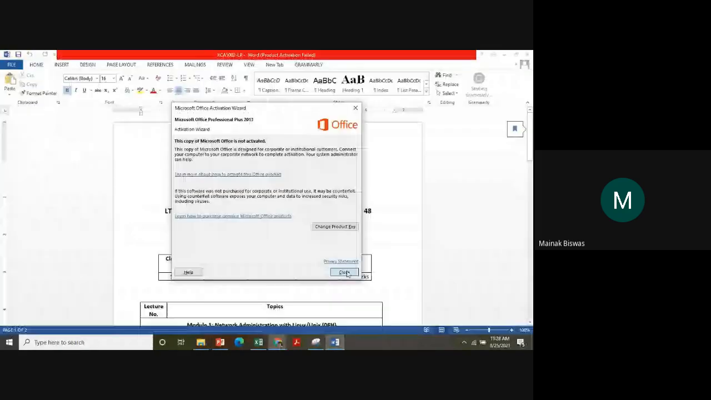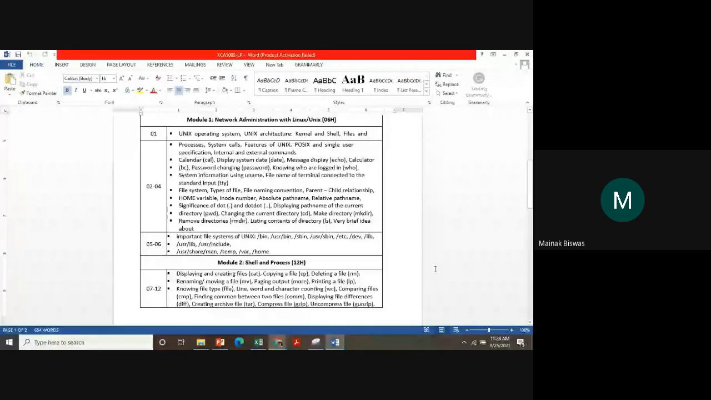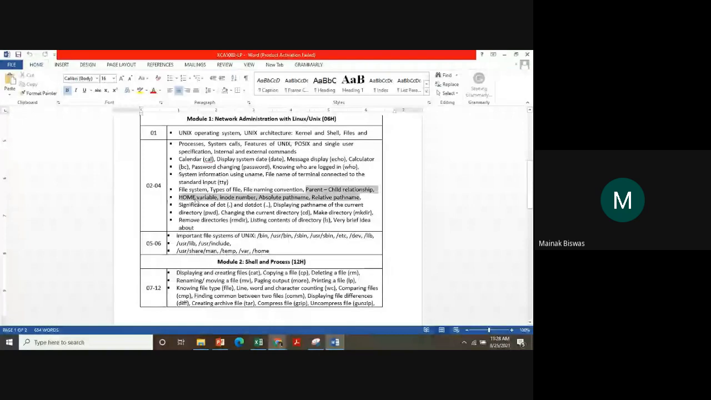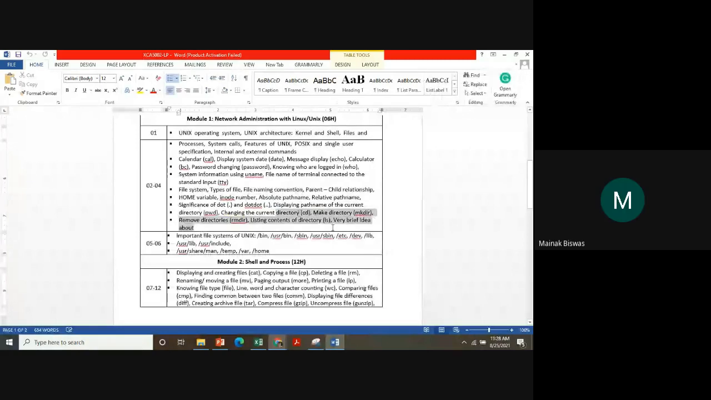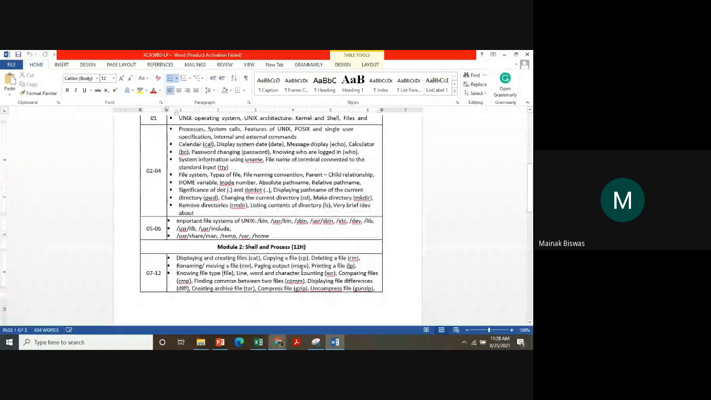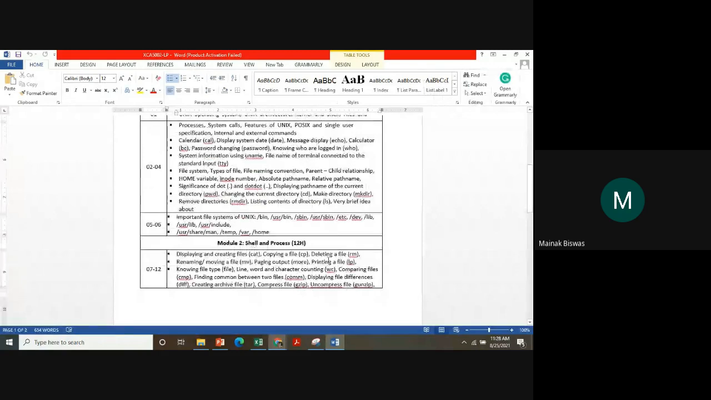আচ্ছা, আমরা এখানে একটা জিনিস দেখে নিই আমাদের কি কি বাকি আছে। পেরেন্ট চাইল্ড রিলেশনশিপ হয়ে গেছে। আচ্ছা, হোম ভ্যারিয়েবল তোরা জানিস কি? আইনোড নাম্বার জানিস মনে হয়, ডট স্ল্যাশ অপারেটর এগুলো বোধহয় জানিস। এগুলো আমরা ল্যাবে করে নেবো। ঠিক আছে, এগুলো কোনো ব্যাপার না। আমরা তাহলে শেল এন্ড প্রসেসে চলে যাবো নেক্সট ক্লাসে।